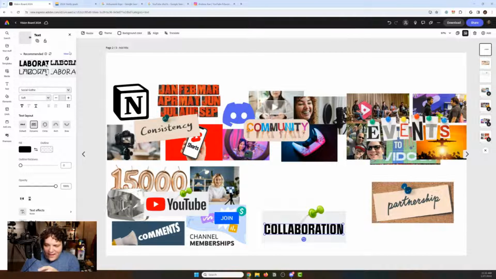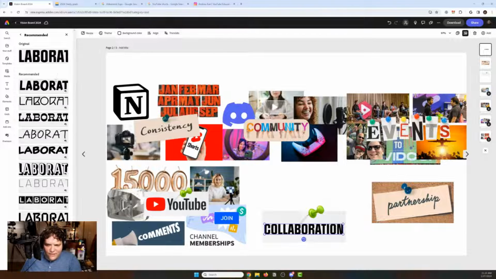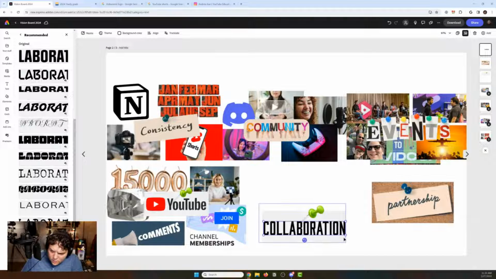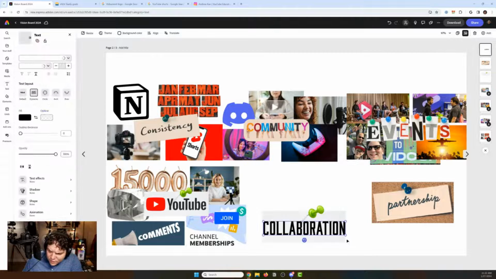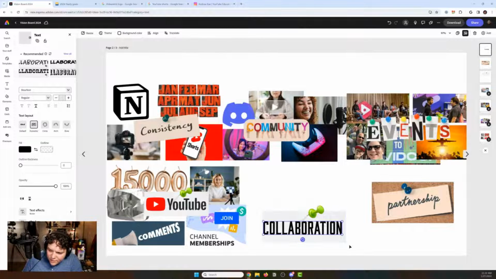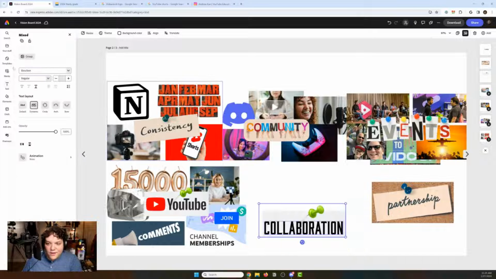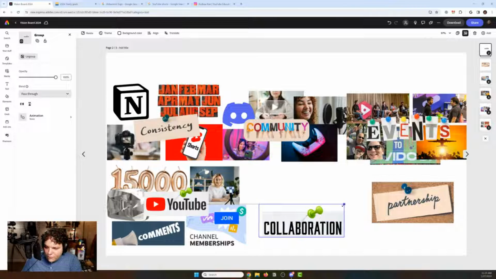So for this text, I don't really like it, but I'm just going to try to find similar designed layouts. So this is the layout, and it's similar fonts. It's using Adobe fonts. Maybe it's something like this. Better. I think this is a little better for what I'm going for. Trying not to have it spill over. Make it just a little bit tinier. And then I can actually crop some of this pin. There we go. Now that I like how that does look, group it, shrink it.